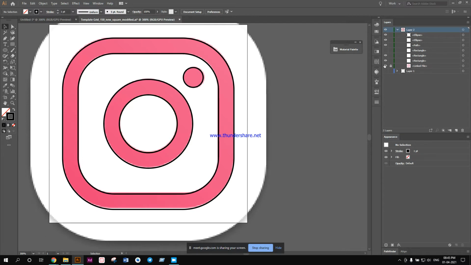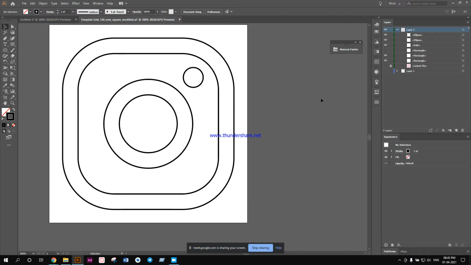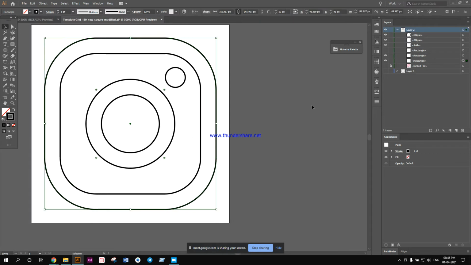Now this is the outline of my icon. You see, I turned off the background color. So this is my outline. Now, as I told you earlier, I have a background. I actually use a background with a gradient. So I have many gradients actually created. But for the sake of this video, I'm going to show you how you can create the gradient. So I'm just going to create a square over here. I'm going to create another square.